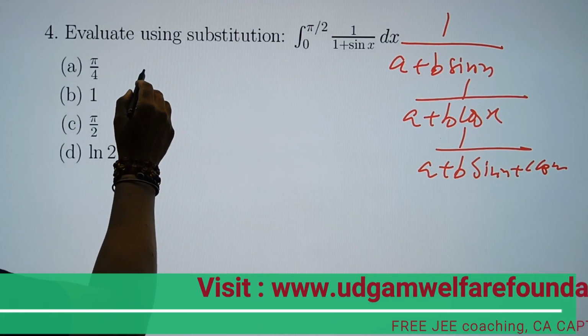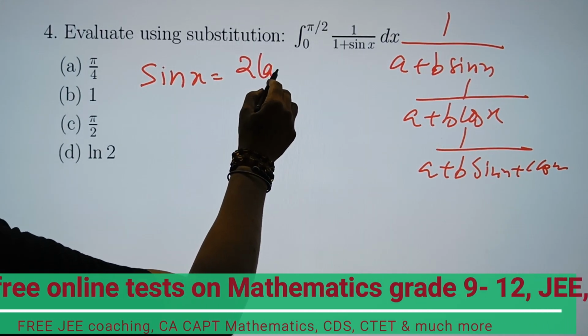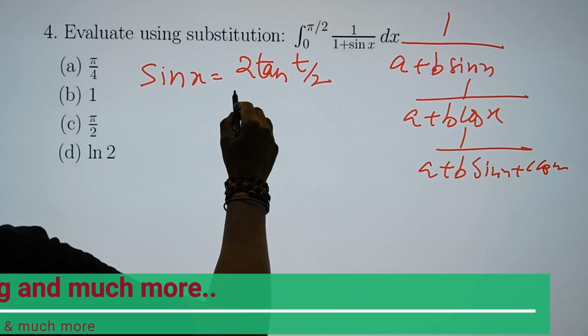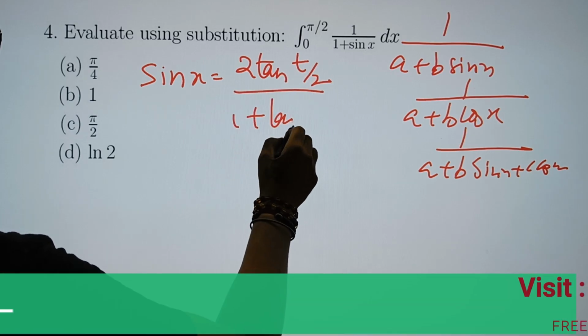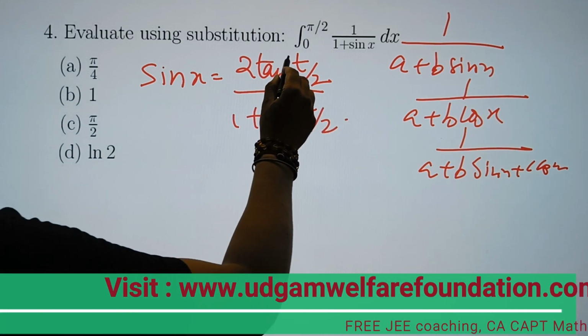That is, let sin x equal to 2 tan t by 2 upon 1 plus tan square t by 2, or half angle you can say,